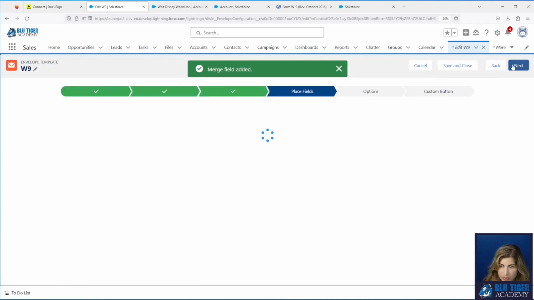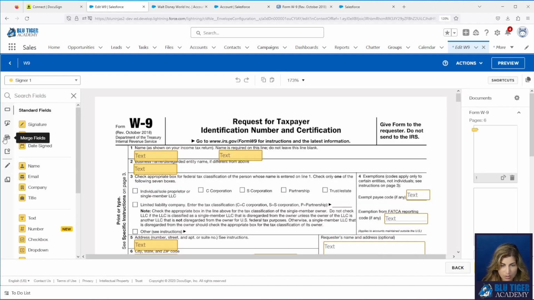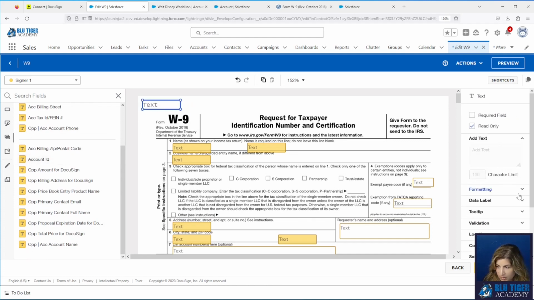Now we're ready to place the fields on our document. We'll come to our merge fields. In this account ID field, we can place either at the top or the bottom of the document, and then we want it to be in white font because we don't want anybody to see it.